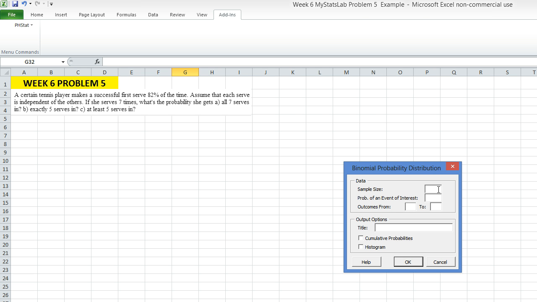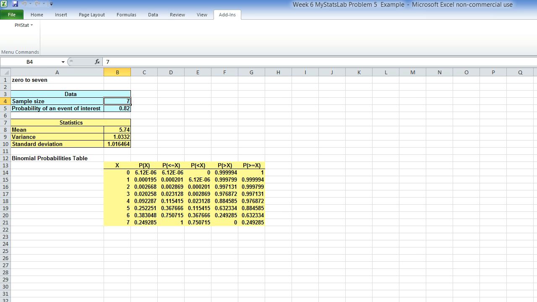The sample size in this case is 7. Probability of interest is 0.82. And I'm interested in outcomes from 0 to 7 successful outcomes. And let's go ahead and name that 0 to 7. And I want to see the cumulative probabilities, so I'm going to hit cumulative, and then I will hit OK. Once you hit OK, then you end up with this table here,